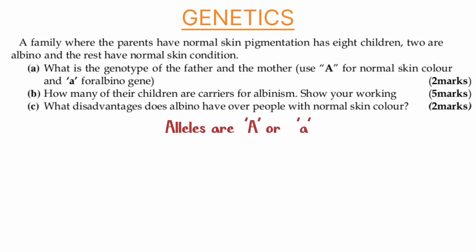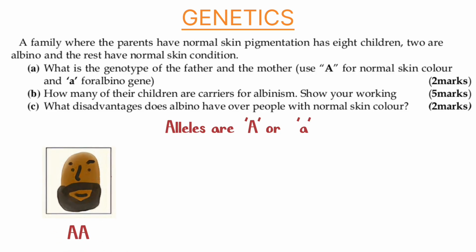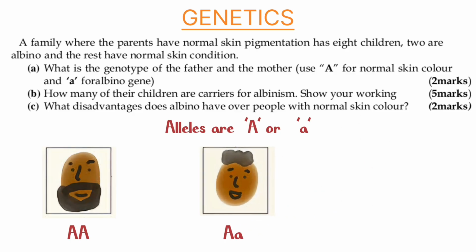Now we also have a second allele, a second gene. This is assigned a small a because it's recessive. And this is the one that is responsible for albinism. So for an individual to have albinism, they need to have 2 copies of the recessive allele, such that their genotype is aa. So 1 allele from either parent.